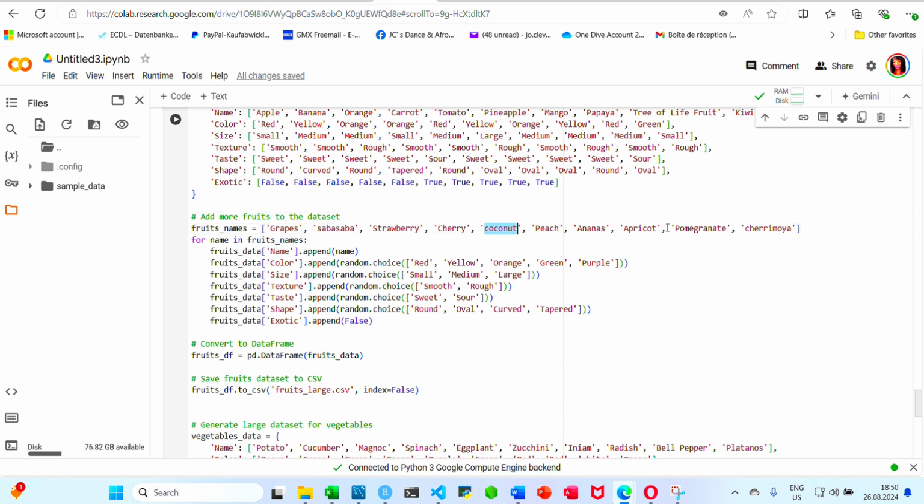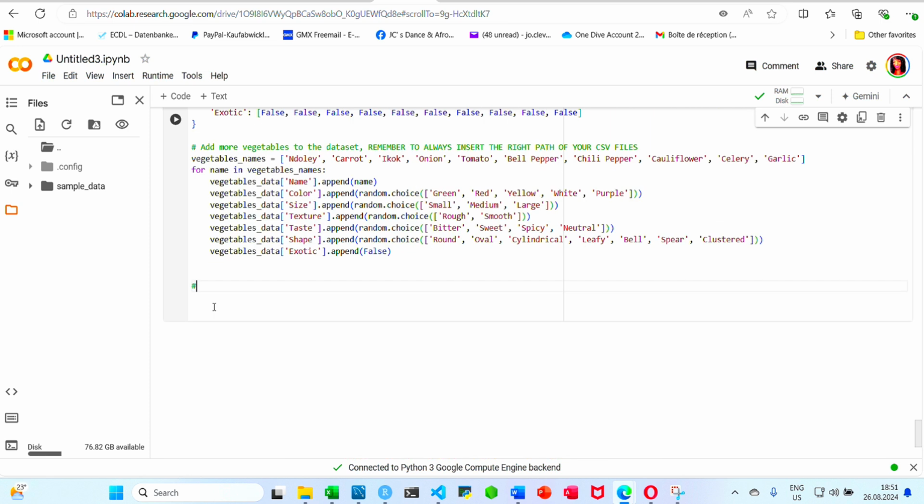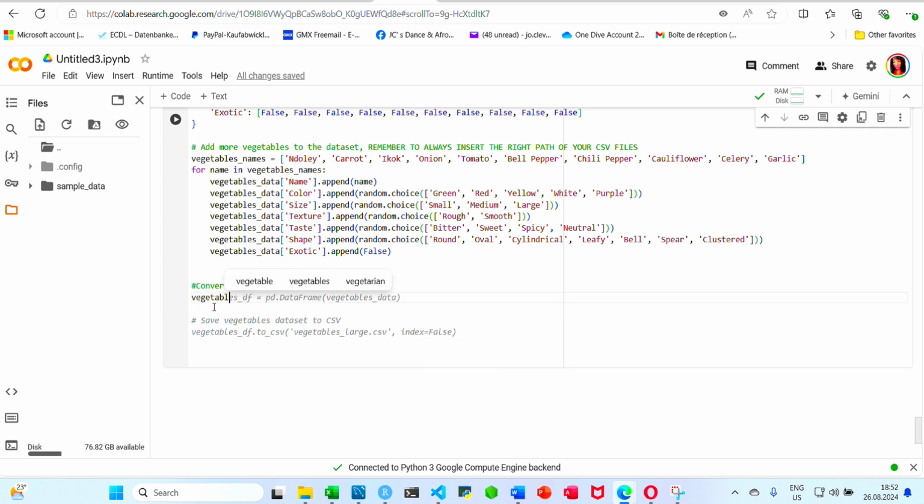I also love exotic fruits and vegetables. Now we have cherimoya, ananas, coconut, saba saba, and of course apple, bananas, etc. And then I wanted to add more in the data set. And of course also the vegetables. We have a large data set with potatoes, cucumber, manioc, spinach. We have zucchini, we have yam, we have some radish, some platanos,